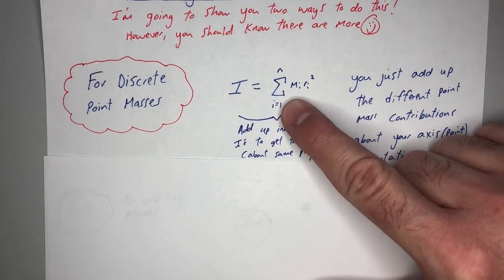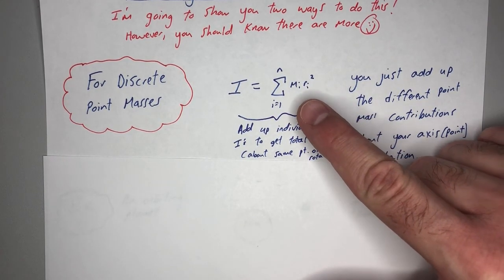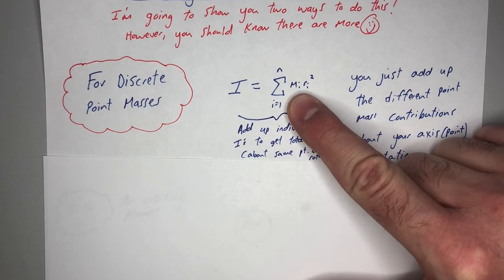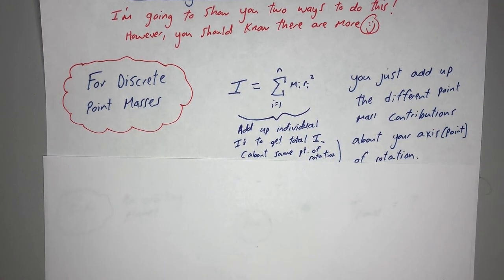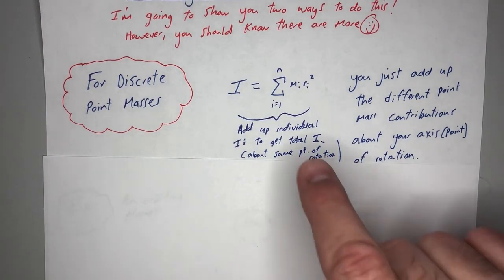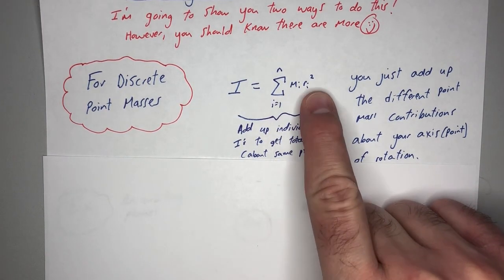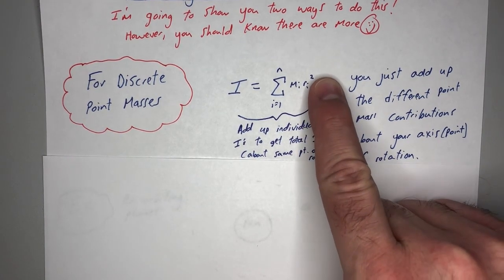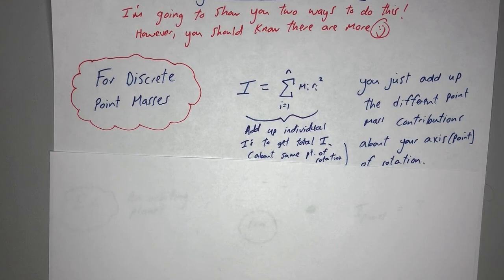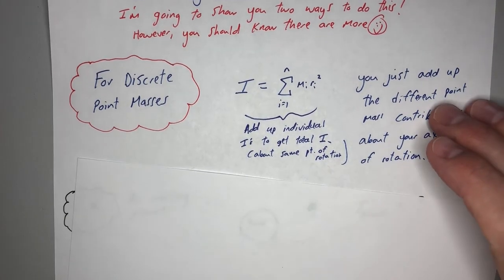This is the Greek letter sigma, and the formula for moment of inertia is whatever mass you're talking about times how far away that mass is from your point of rotation, squared. I'll explain this, then we'll do some examples. It'll make a lot more sense. You have the first mass times how far away that object is from the point of rotation, and don't forget to square that distance. If you had 3 objects, you'd take the moment of inertia of the first one plus the second one plus the third one.